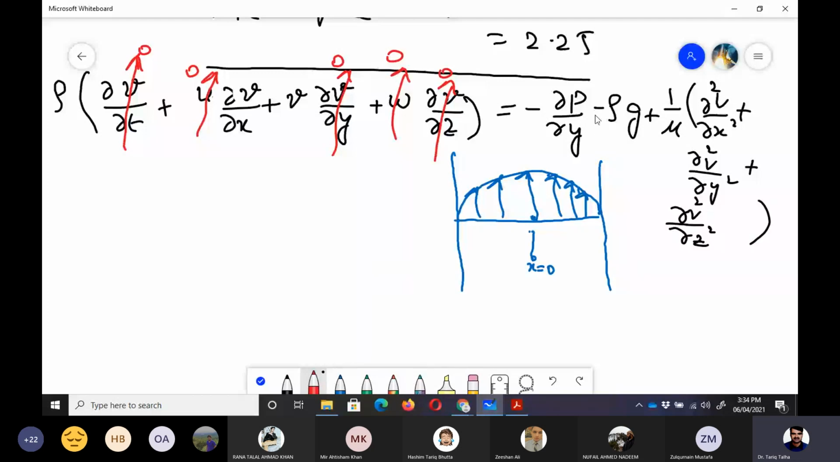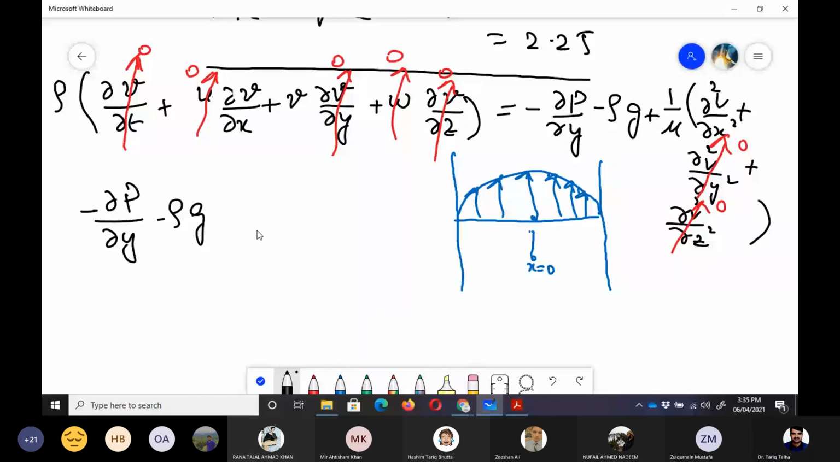Then partial p by partial y would be a non-zero value, and rho g is due to the weight. Now partial square v upon partial x square would be non-zero because the v velocity is changing in x. But partial square v by partial y square would be zero because the first derivative was zero, and partial square v by partial z square is zero because there is no change in velocity out of the board. So now we are left with the equation: minus partial p by partial y minus rho g